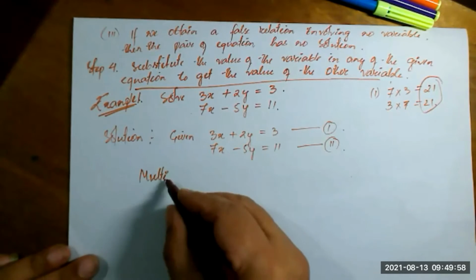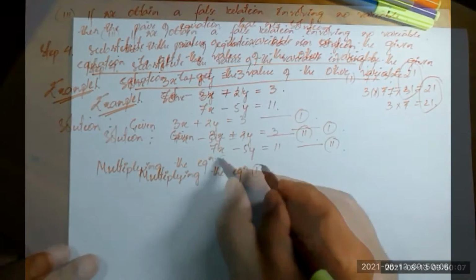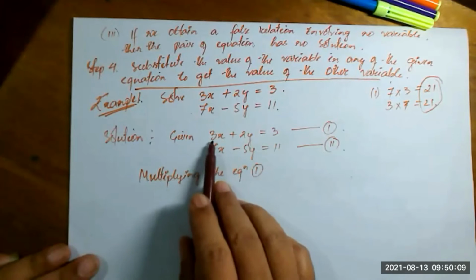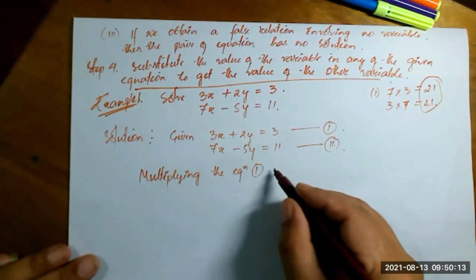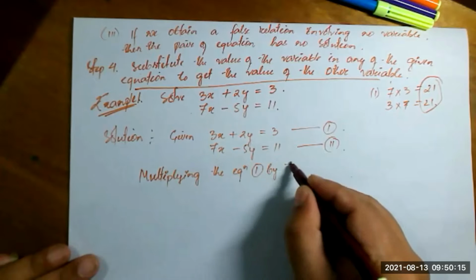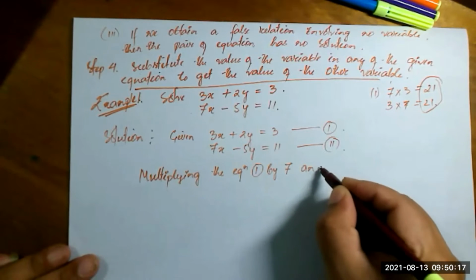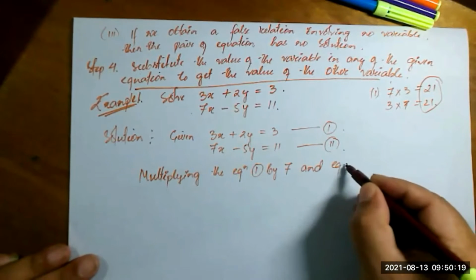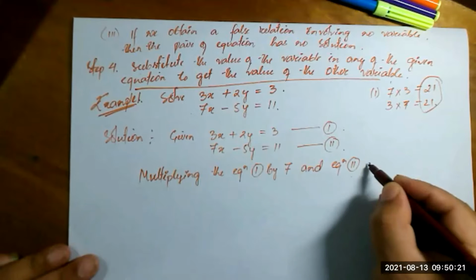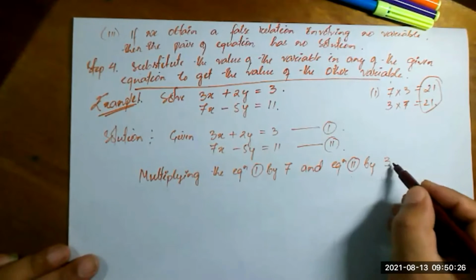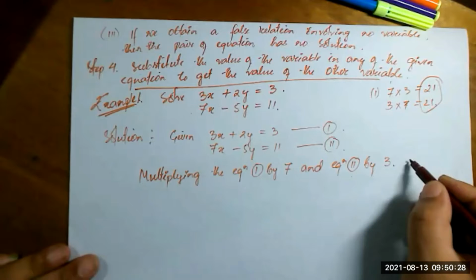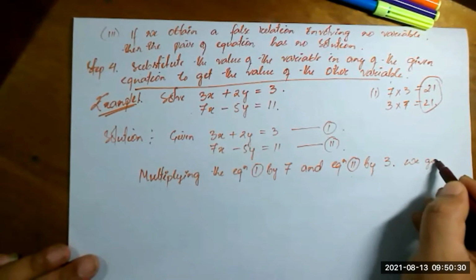Multiplying, equation 1 is this one, so you have to multiply all of equation 1 by 7 and equation 2 by 3, and we get,